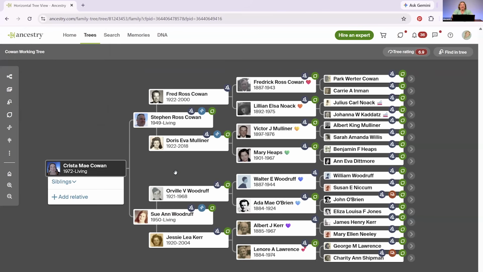And the first thing that I just want to reiterate, especially for those of you who are brand new to family history, is that when you enter women into your family tree, you always enter them by their maiden name and their maiden name only. If you try to add her married names, there's some things that start to happen that get a little bit wonky. The first thing is that when you attach a husband to her, when you attach her to a husband,